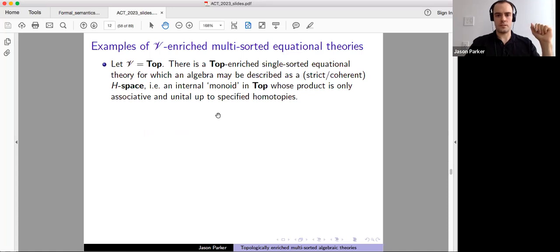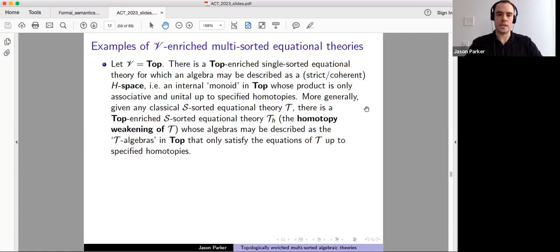So we can just let V be Top, or really any suitable category of topological spaces. Then there is a Top-enriched single-sorted equational theory whose algebras can be described as sort of strict or coherent H-spaces, by which I personally mean internal monoids in Top, whose product operations are only associative and unital up to specified homotopies. More generally, if you take any classical S-sorted equational theory T, you can define a Top-enriched S-sorted equational